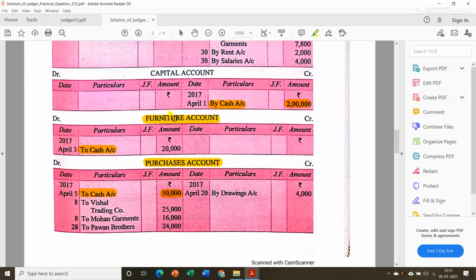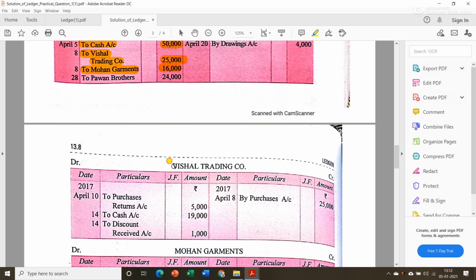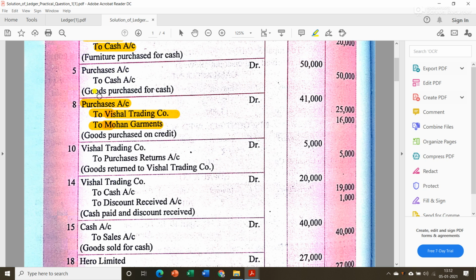See here, to Vishal Trading Company, and to Mohan Garments rupees 25,000 and 16,000. But we hadn't prepared Vishal Trading Company, so again we will prepare one new ledger account, Vishal Trading Company, and on the credit side we will write April 8 by purchases account. Why? Because see, Vishal Trading Company,